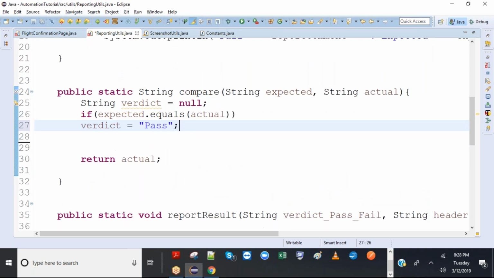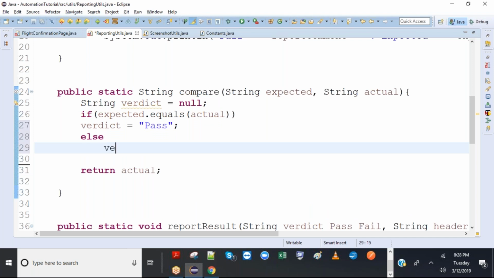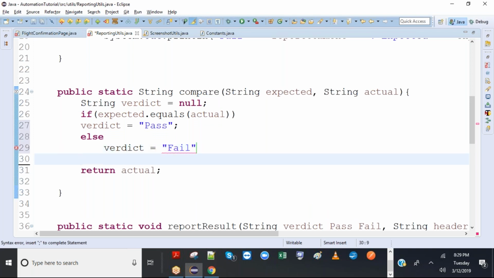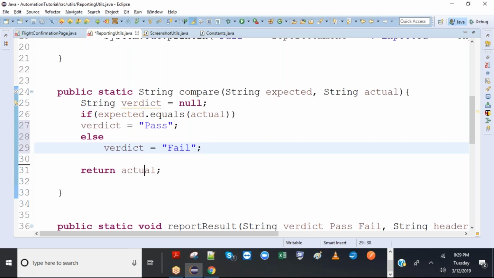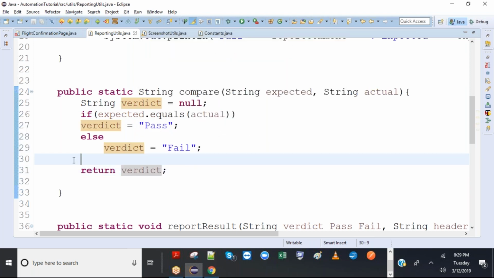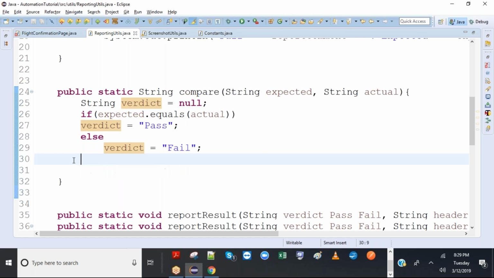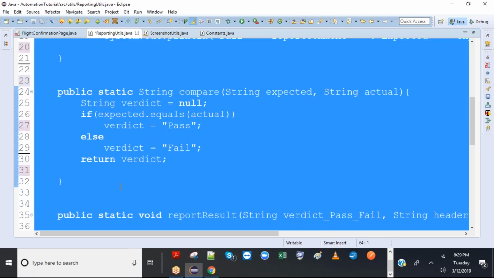Else, verdict should be fail. Then finally, return verdict. This makes our job easier in the reporting. This is the missing piece.